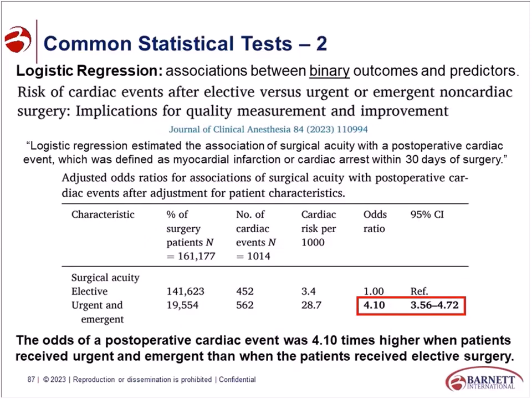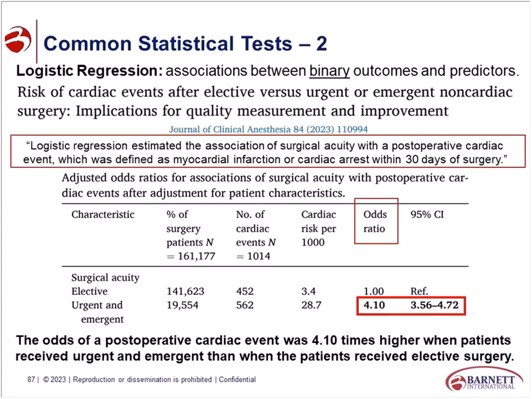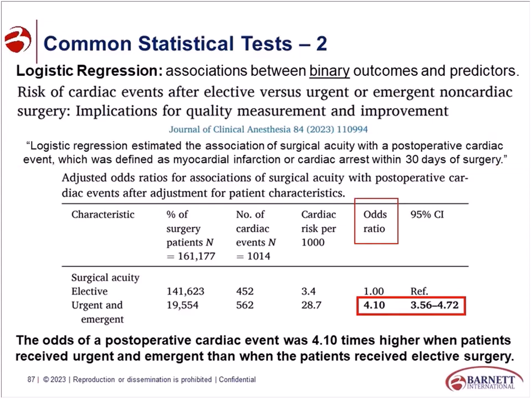Here's an example of logistic regression. I'm going to throw out a phrase called odds ratios. You may see that when reading a report or an article. The purpose of this logistic regression was to estimate the association between surgical acuity and a postoperative cardiac event within 30 days from surgery. So we're looking at different ways of doing surgery: elective surgery or urgent